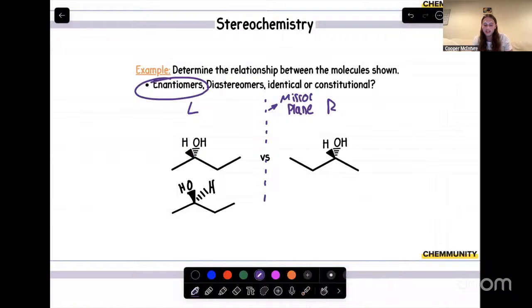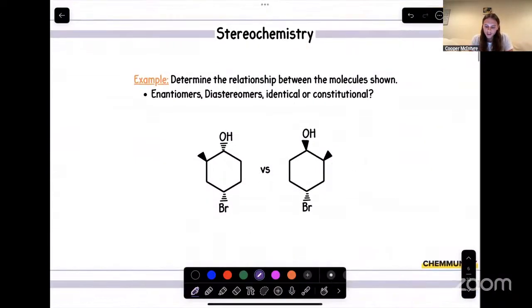So we can see that those molecules, if you remember, are what are called non-superimposable, meaning that if we were to take the molecules, you cannot perfectly overlay them on each other. Same idea with your left and right hand. They're mirror images of each other, but if you had your palms facing the exact same direction, you can see how they're not perfectly aligned. Sweet. From there, we'll go through and we'll look at our next example.